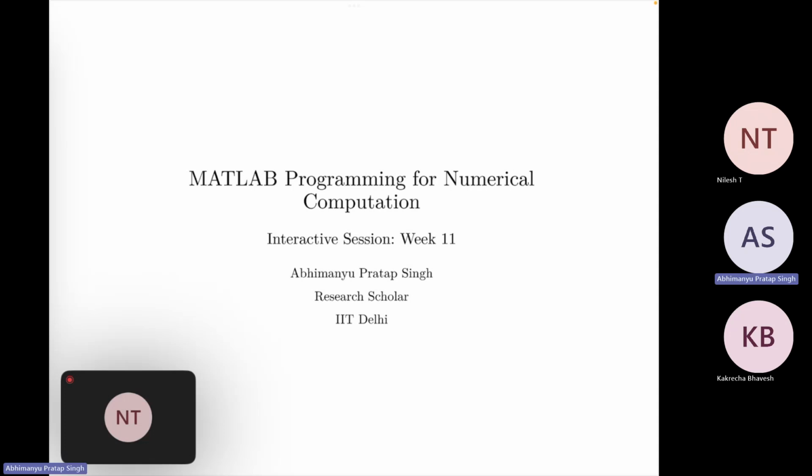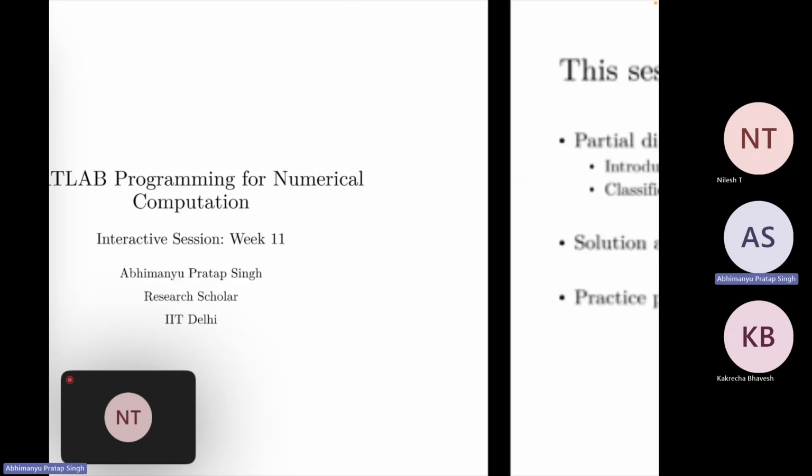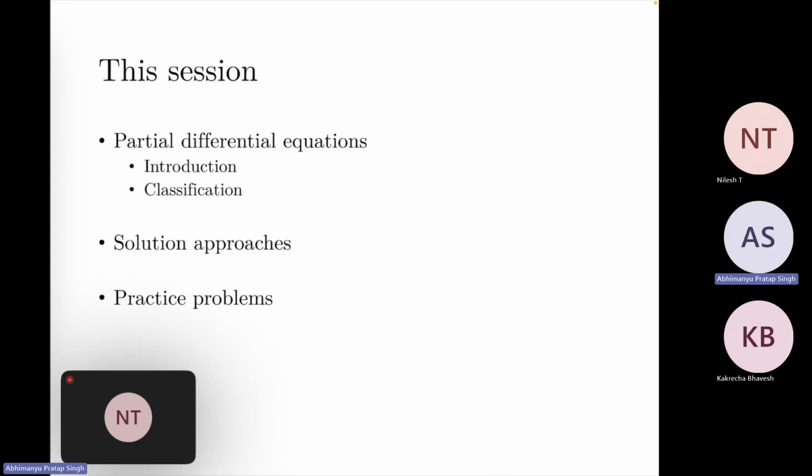Okay, so let us start week 11. I'm Abhimanyu, and this week we will be going through partial differential equations. First we will look at the difference between ODE and PDE, then the classification of PDEs. Then we will look at some solution approaches, and then I have two practice problems that we will code. And then I will go through the